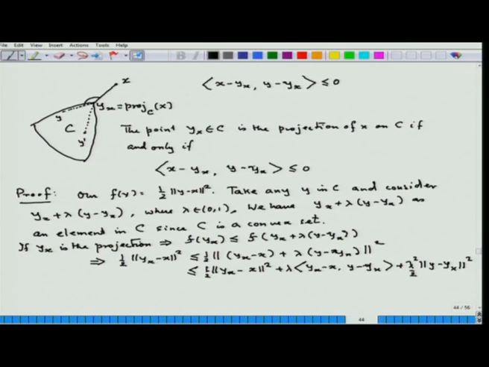Now, this will cancel off. So, you would have 0 greater than or equal to lambda times the inner product of y x minus x and y minus y x plus lambda square